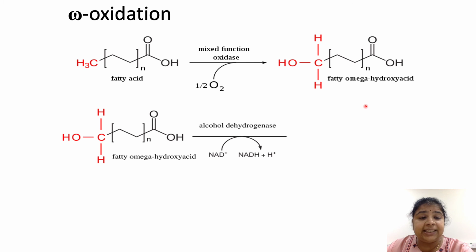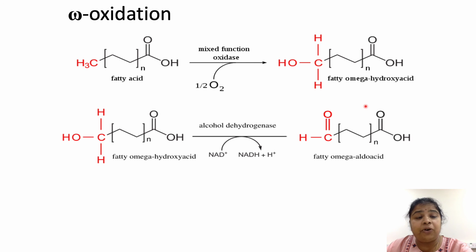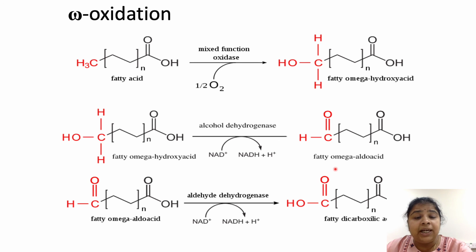In the next step there is a dehydrogenation, and the hydroxy acid is now converted to an aldehyde group, and this aldehyde group undergoes further dehydrogenation to form a carboxylic group. So we now have a fatty acid where at one end there was a carboxylic group already. Now we have synthesized a carboxylic group at the other end. So that is why these are called